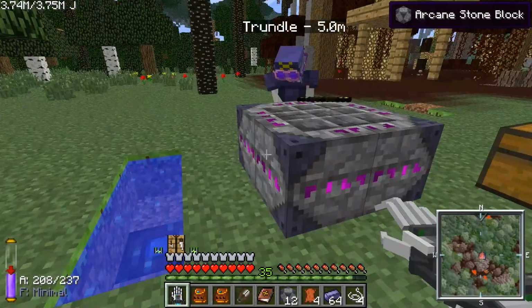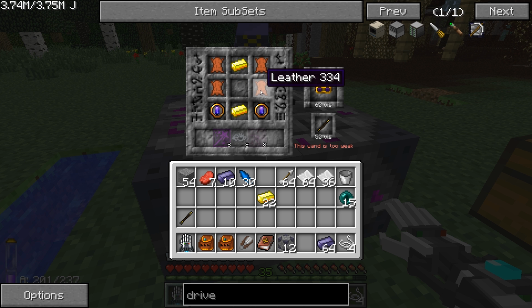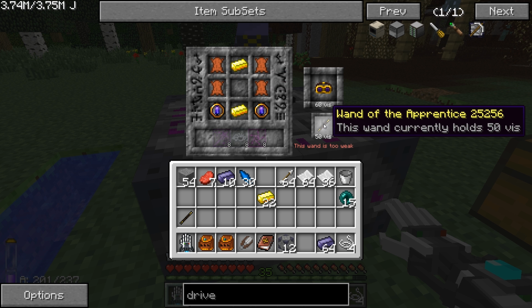So now we want to come over to our infusion altar, and we want to put, I'm guessing those go like that. We want the thermometers actually on the bottom there. And we need gold on the bottom middle and the top middle, like that, and then leather in all the other spots except the middle. We want the middle left open. Okay, so you'll see the requirements come up, and we'll actually have to swap that out for my